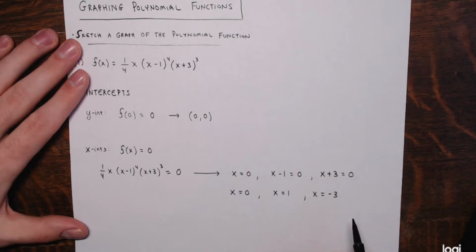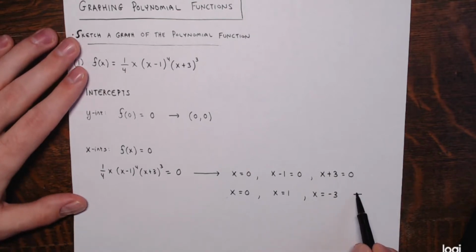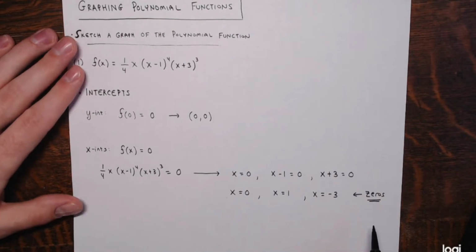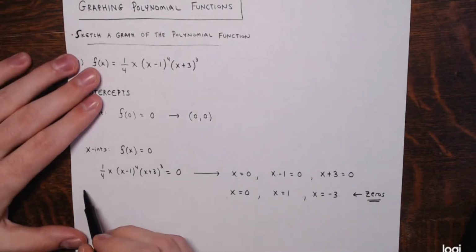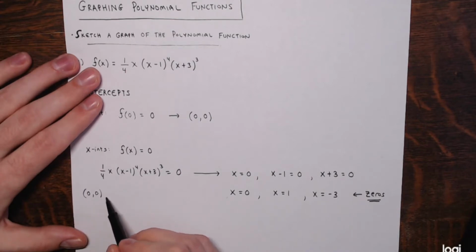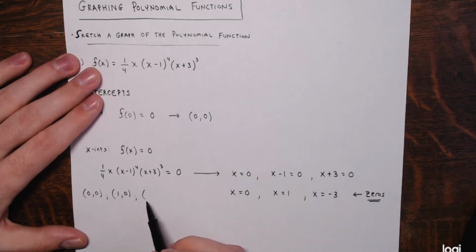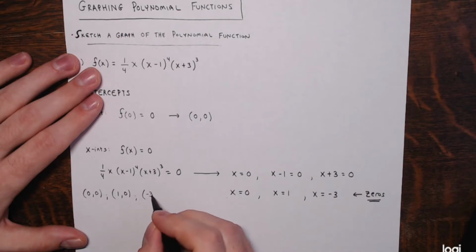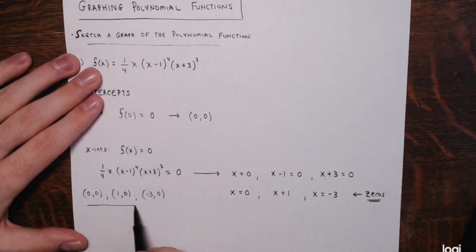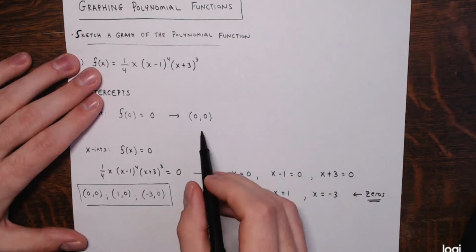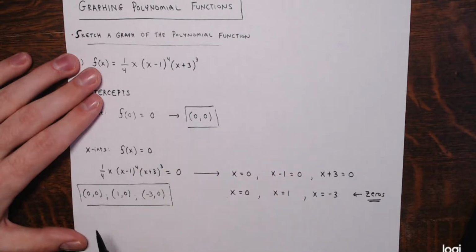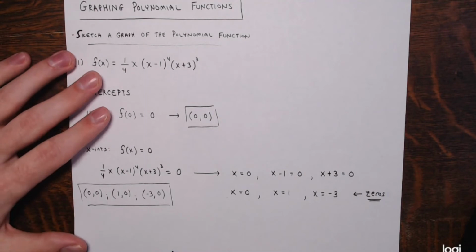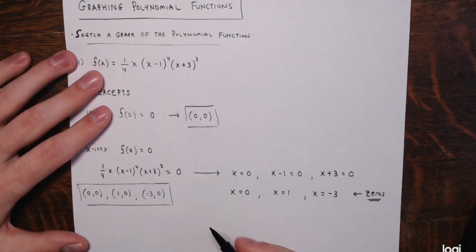Right? These are what are called the zeros of the function. They're where the graph will cross the x-axis. And so we have our x-intercepts: input 0, output 0; input 1, output 0; and input negative 3, output 0. Right? So here are the x-intercepts, and the y-intercept, which is the same as one of the x-intercepts. Okay, and then just because we're going to be using it later,